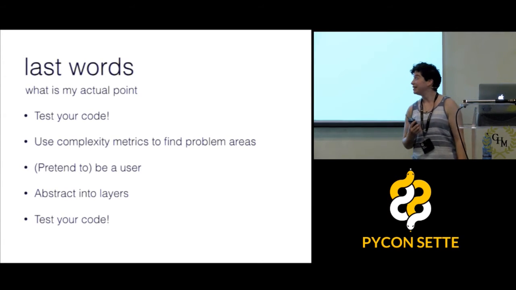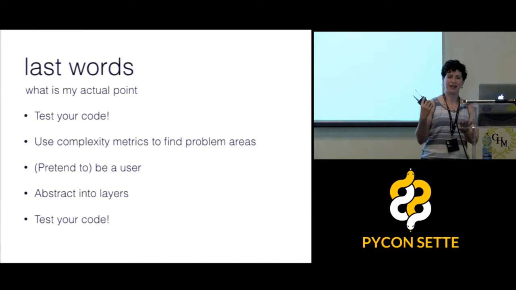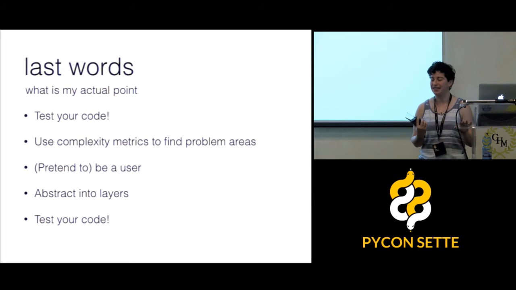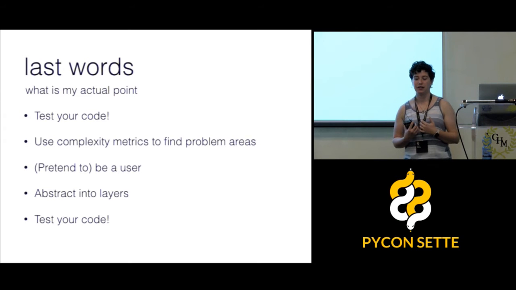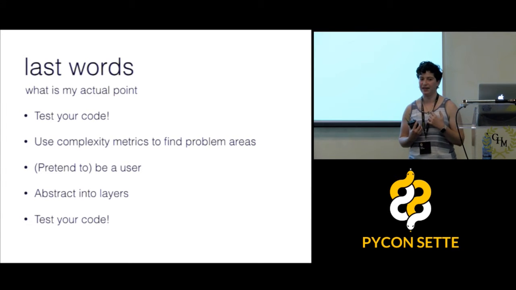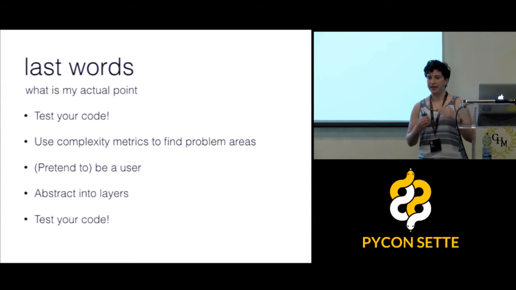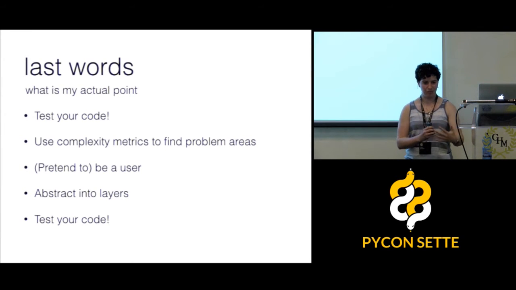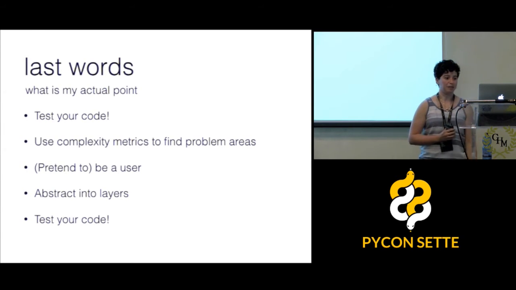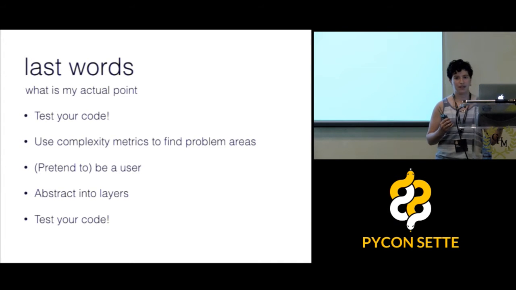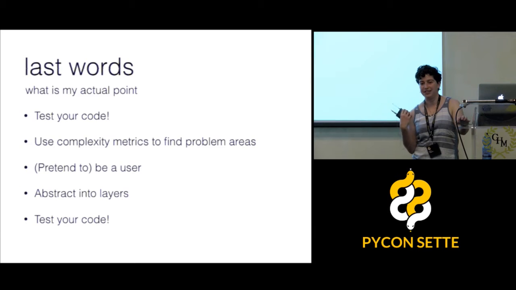Fourthly, make sure that you have well-defined layers of code. I feel weird saying this because part of me feels like this might just be a me problem, but I've actually looked at a lot of code and personal projects written by other people, and not separating out your logic into a data layer and then a service interface, not doing proper separation, is actually a super common problem. So I'm throwing it up there. And lastly, same as firstly, make sure that your code is tested because that will help you a lot when you start changing everything.